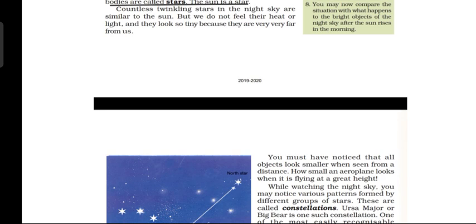So, children, the stars are similar to the sun. All the stars that you see in the night sky are similar to the sun because the sun is also a kind of star. But we do not feel the heat and light of other stars because they are very, very far away from us. We feel the heat and light of the sun because the sun is relatively closer, or relatively nearer to the earth. That is why we feel the heat and light of the sun, but we do not feel the heat and light